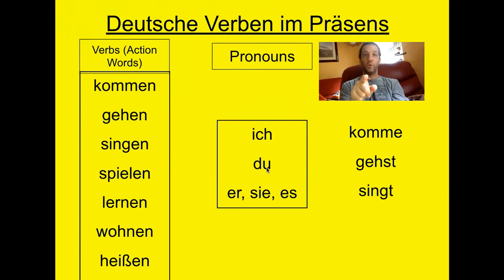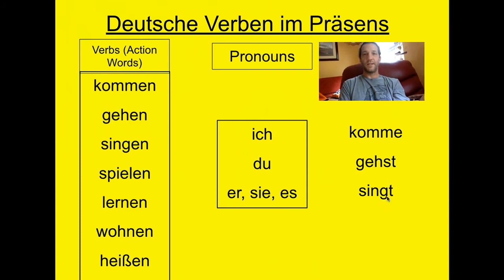If I'm saying you, speaking in the second person, du, I will conjugate the verb always with the st ending. If I want to say you come, I would say du kommst. You go, du gehst. You sing, du singst. Du spielst, du lernst, du wohnst, du heißt. And finally, in the third person, er, sie, es, or he, she, it, we conjugate the